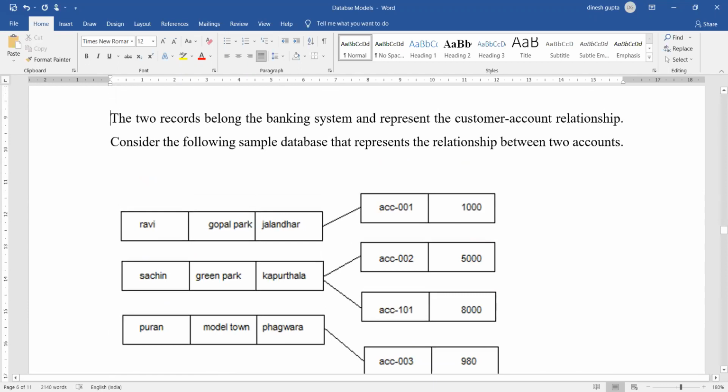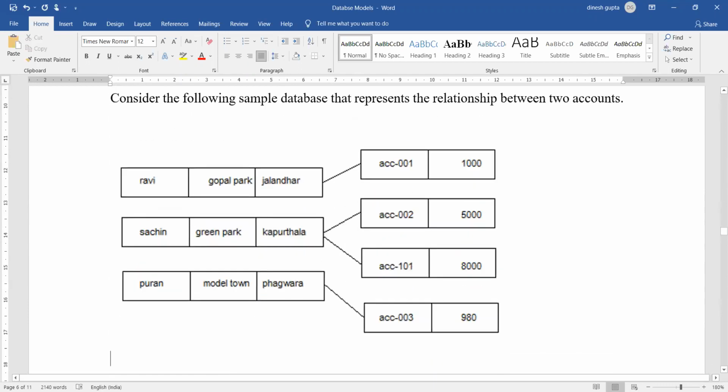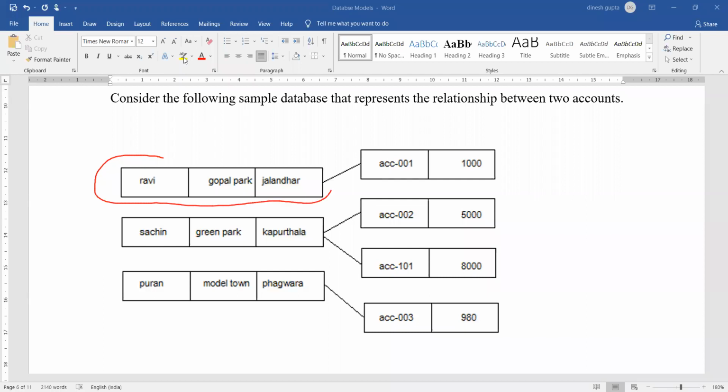So let us see how we can define the association or relationship between the two. You can see in this figure that records are shown on the left hand side. I'll just show it to you right here. So this is representing a record. Okay, this is a record. So this is also a record.